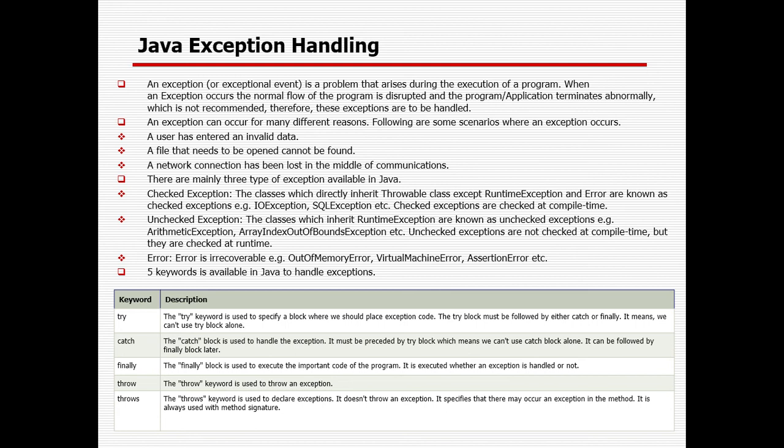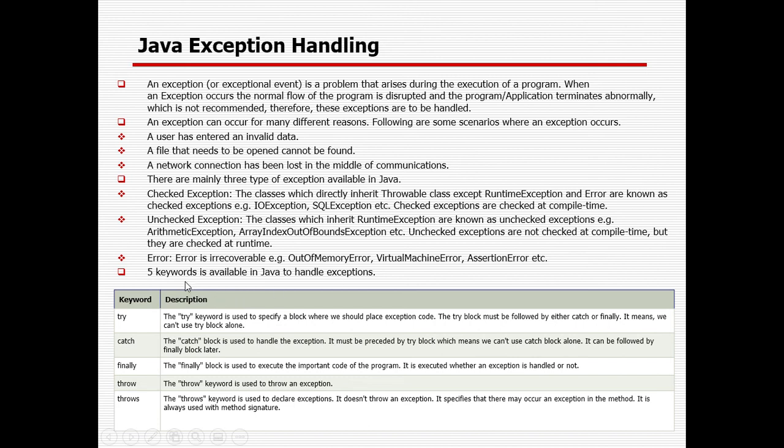These are the unchecked exceptions which you can only know during runtime, but at compile time you will not be able to know. And errors are irrecoverable: OutOfMemoryError, VirtualMachineError, AssertionError. So only these are called errors, not exceptions, right? If you go through the TestNG section, if you want to assert something and it fails, it will throw some error. Similarly, in case your memory is not available, if you want to upload some file which is, say, 5 MB, it will throw an error called OutOfMemoryError.